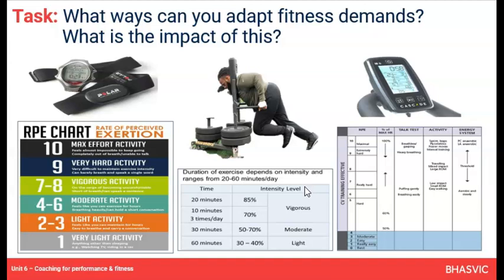If you want them to work harder, make them work for longer or run for further. And if you want to make it easier, of course, it's shorter. Other things like a talk test. So if they are so exhausted they can't talk, then that's high intensity activity. Obviously, the lower intensity it is, the more they are able to talk whilst doing it.